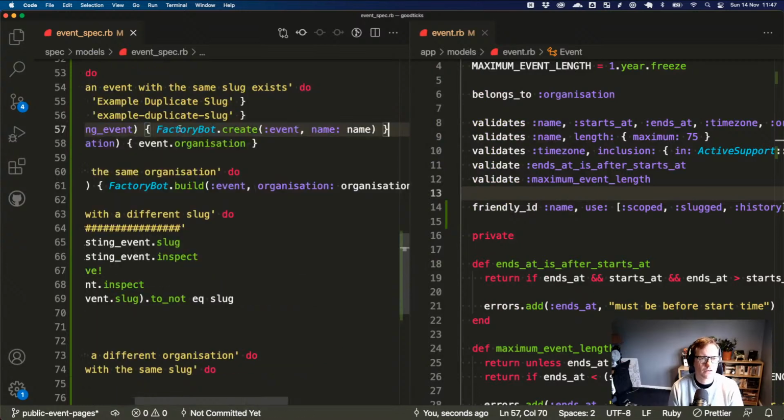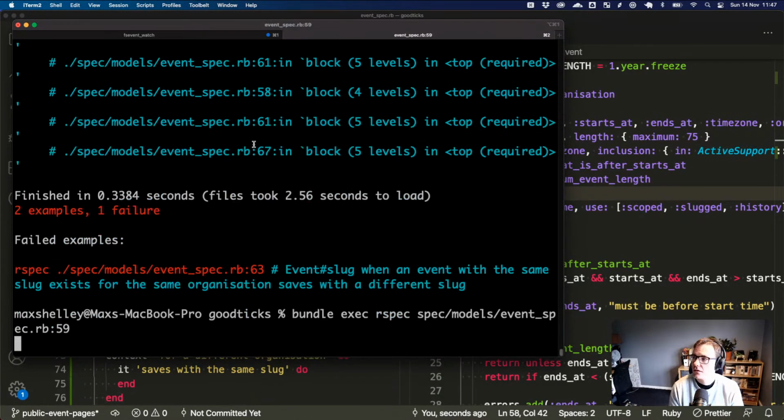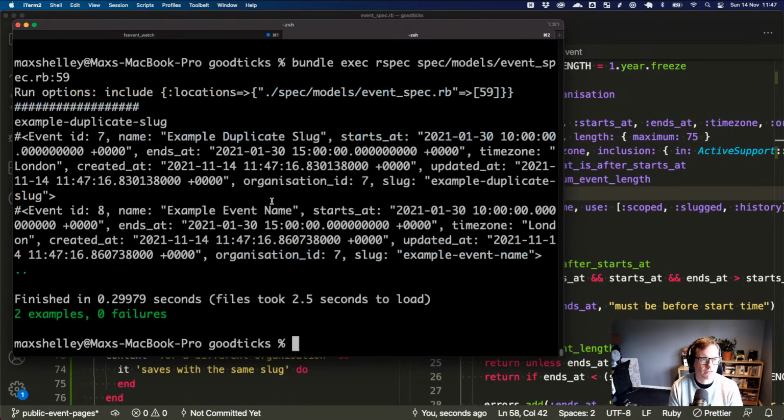Okay, so that creates an event. Oh, I see. That should be existing event organization. Wrong one. Sorry. Yeah, I'm not sure that I've written this well. I'm going to do this to try and get it to pass, but then I think a good refactor would probably solve this. Okay, so you get example duplicate slug. And then this one you get example event name.